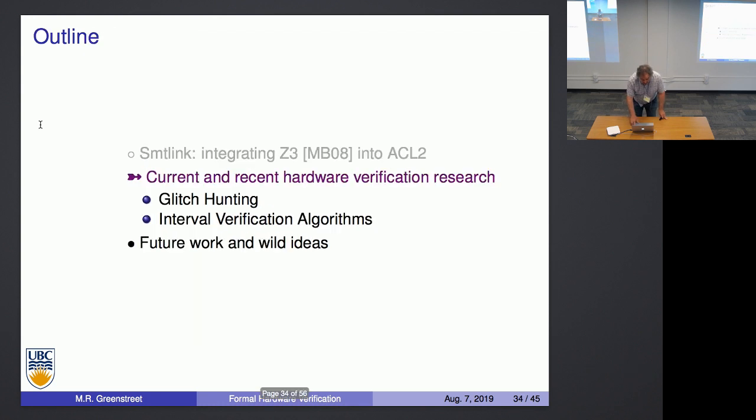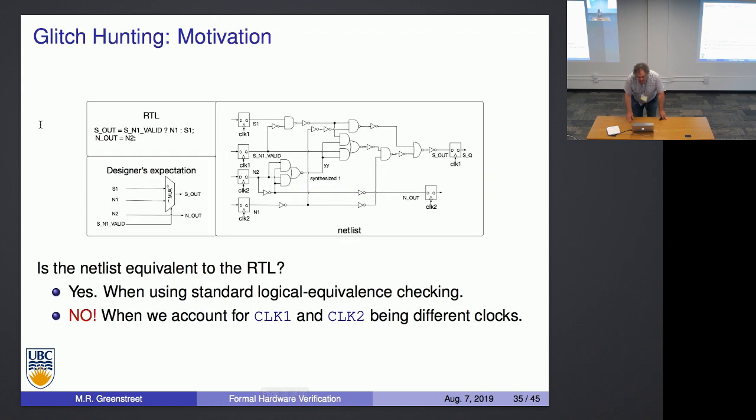It's pretty cool. Okay, now, glitch hunting. These are going to be really fast now. These are advertisements for people for the afternoon. This is some work that Jan and I did with people at Oracle a few years ago. Basically you write a piece of RTL that does a conditional assignment, and the designer expects a multiplexer, but the synthesis engine does strange and wonderful things, often optimizations. It discovers it can fold the multiplexer in with other gates and things like that, which is just fine, except